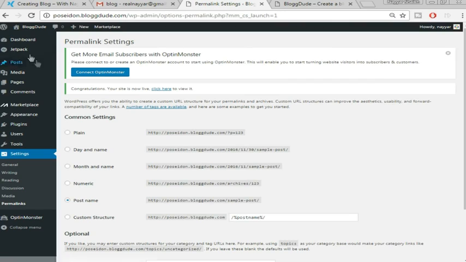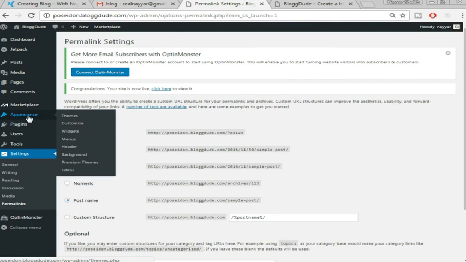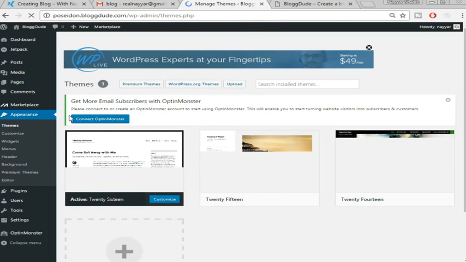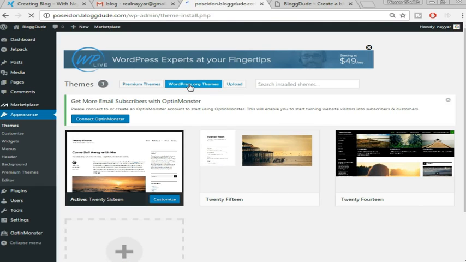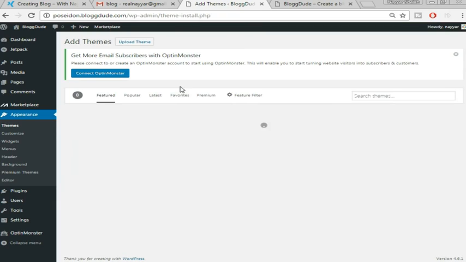So come back to your dashboard. At the left side you will see something called appearance. Hover over appearance and select themes. A great thing about WordPress is that you get so many beautiful and professional themes for free. Now click on wordpress.org themes, because we want to install a free theme, and in the search bar type in